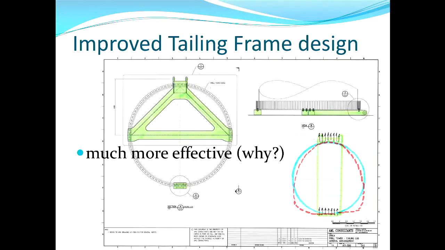But it turns out that if you use that simple tailing lug that I showed you on a previous slide and grab the prill tower shell, this thin shell from the top and the bottom, and lift it from there, you get some serious distortion of the shell that actually leads to very unhelpful bending stresses in the shell. You're lifting it from a very inefficient location